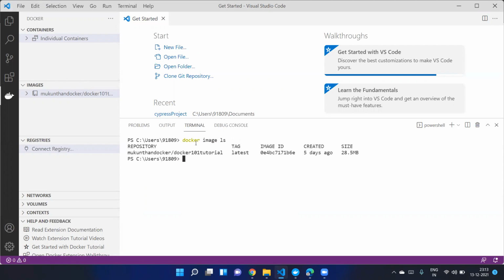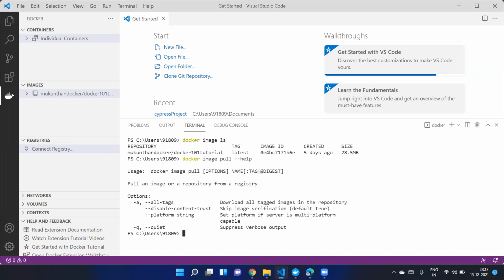In order to see all the commands for the Docker image, you can just type docker image. Let's say you are going to pull, so pull and --help. Here you can see all the possible combinations that you can use along with docker image pull. In docker image pull, docker is the main command and image is the subcommand. It tells which subcategory you are going to work with, and pull is your action. So in simple terms, in Docker we use image as a subcommand, and the action we are going to do is pull.